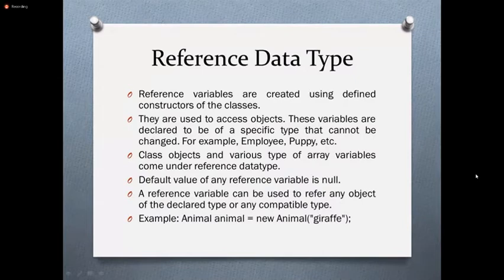Capital Animal is the name of the class. Then the newly created animal is simple animal. This is the object. Then the created object is the giraffe. Right? That's how it comes into operation. You don't have to worry much about these coding lines at this time, but in later sessions you will learn how to use these things and how to work with these things.